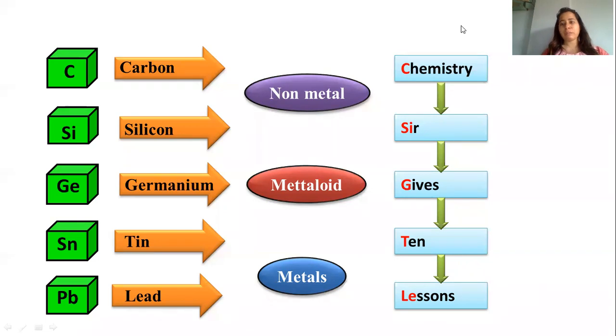You can write down the name of the elements, that is carbon, silicon, germanium, tin, and lead. And if we talk about the atomic number, carbon has an atomic number of 6. For the next elements, you're just going to add 8, 18, 18, and 32. So you can see the electronic configuration.